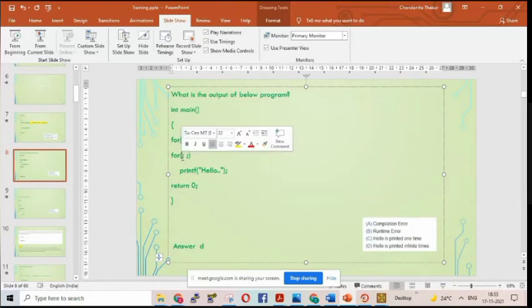Here I will take j equals 0. I will make the condition true only. I won't give any increment or decrement.